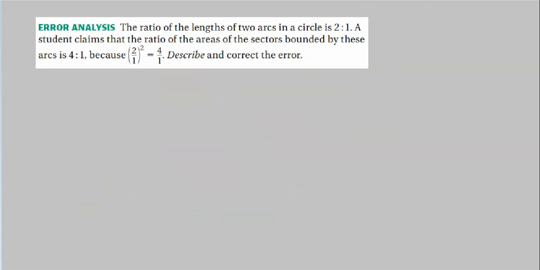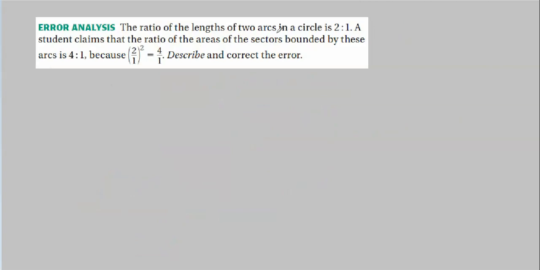And it might be easy to just spot right off the bat what this person's doing wrong. And let's lay out some equations, and we can get something strong to hang our hat on here.